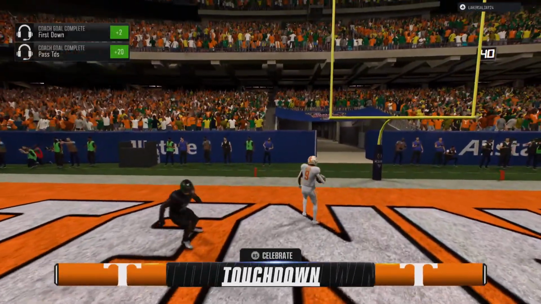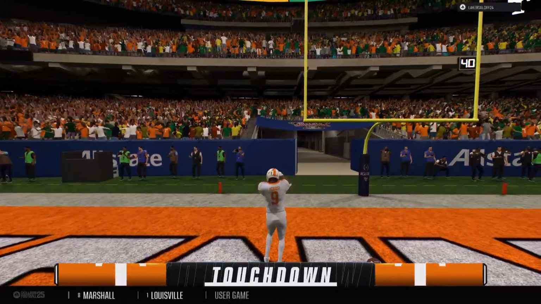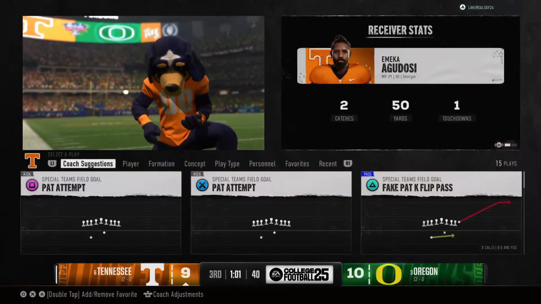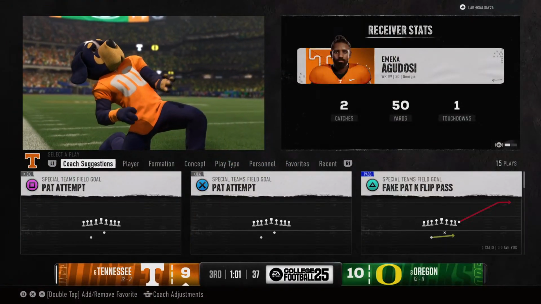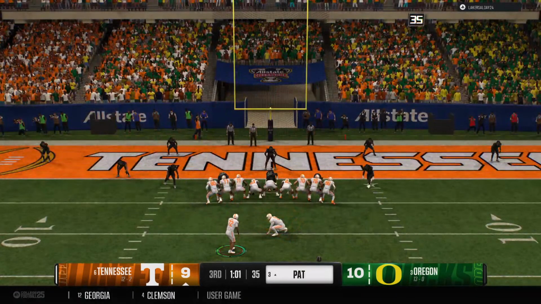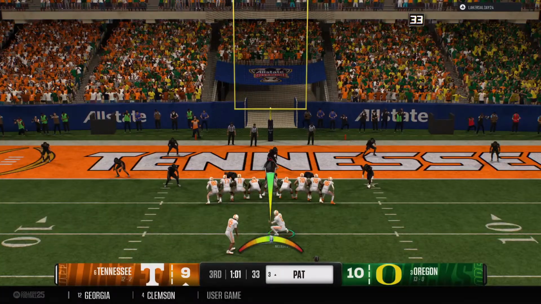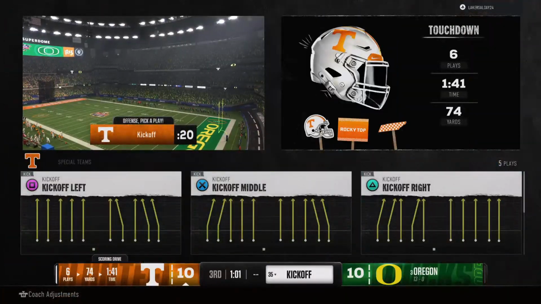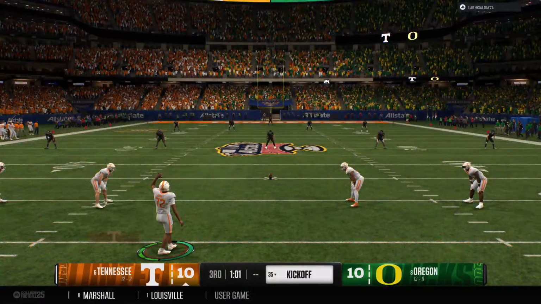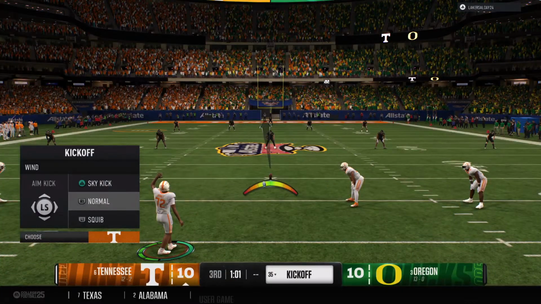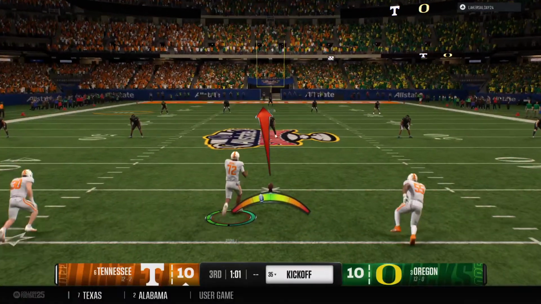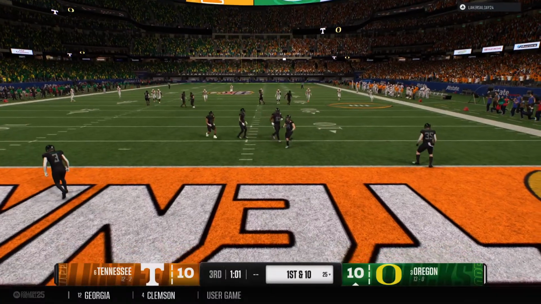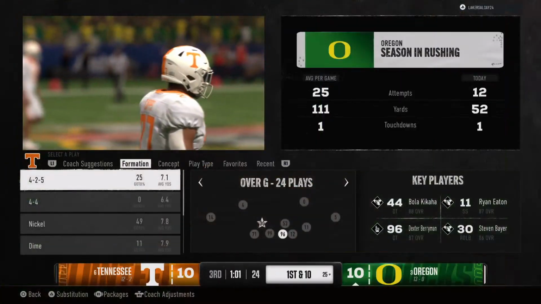He's got it right near the end zone. And he's in. Touchdown, Vols. We see more and more of this in college football. If you get the right guy in that slot, they can win the one-on-one matchups. You take some chances. Here they got the matchup that they wanted and hit it for the touchdown. He knocks through the PAT and ties the score here in the third period. Here's the kickoff team. Let's see if they give the returner an opportunity to bring this back. That one bounces through the end zone, so they'll start at the 25.